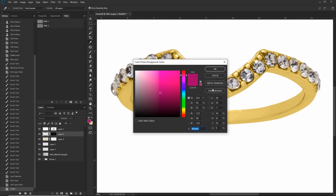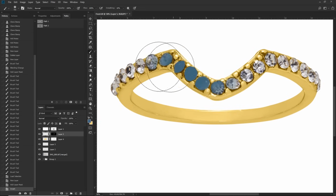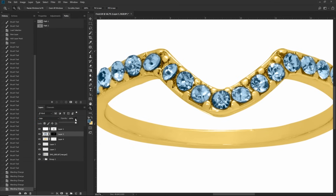Now go to the color picker and look for the 5405 Pantone color. Paint in this color over the stones and then select the color blend mode. Go to the opacity slider and change the opacity to 15%. You can see that this changes the color of the stones very subtly, but it'll create consistency across all images with white diamonds. Now that the ring has been colored, I'll use the same layer masks to create curves layers